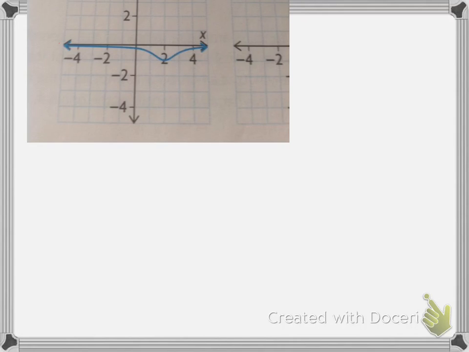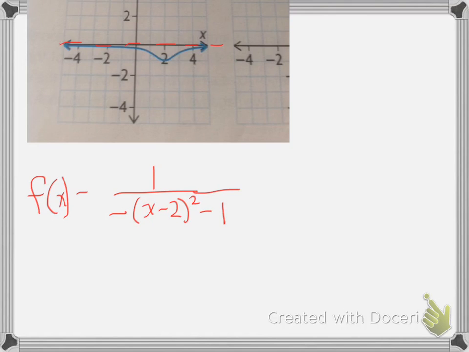Now I'm going to show you the equation of this function. Here it is. This equation is the equation of a reciprocal function. Which reciprocal? This one down here. This denominator down here is a parabola. Its vertex is at (2, -1),